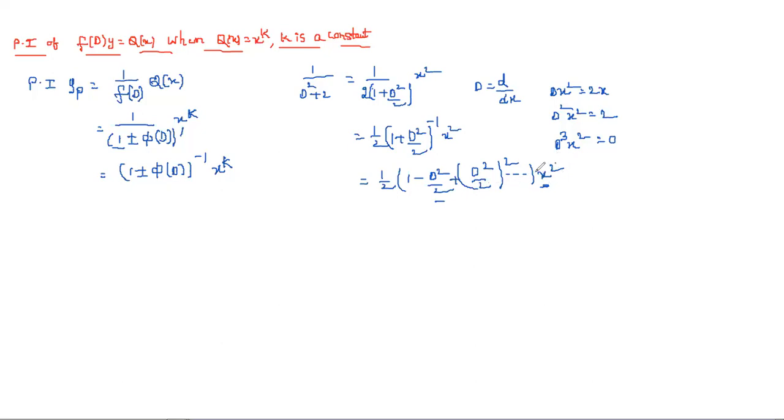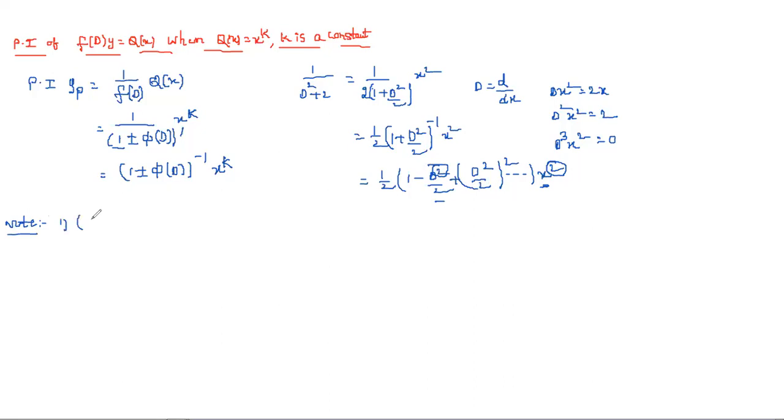So here the polynomial degree and this derivative degree both should be the same. Up to that we need to take, and the remaining you can terminate, and then you can multiply this one instead of that. That is the final particular solution for the differential equation. Okay, so this is the process. And now what are the expansions we need to apply here? These expansions are important, and we apply these in the problems.